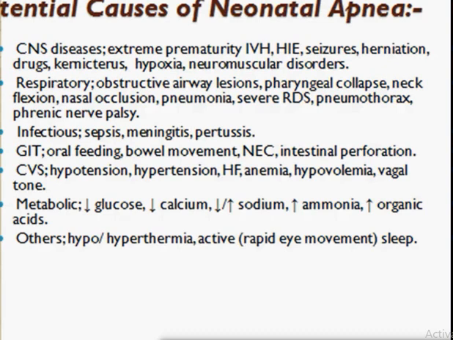ليش يصير عندنا apnea of prematurity؟ CNS cause: extreme prematurity, intraventricular hemorrhage, hypoxic ischemic encephalopathy اللي مختصرها HIE, seizure, herniation, drugs, kernicterus, hypoxia, a neuromuscular disorder. Respiratory causes: obstructive airway lesion, pharyngeal collapse, neck flexion, nasal occlusion ممكن nasal occlusion مش قد هو simple لكن cause significant apnea, pneumonia, severe RDS, pneumothorax, phrenic nerve palsy يصير طبعا دول بالlarge baby